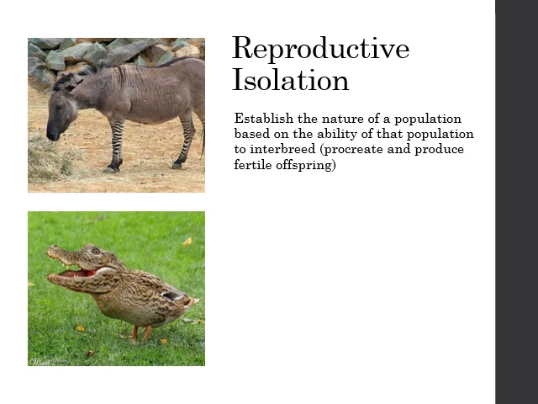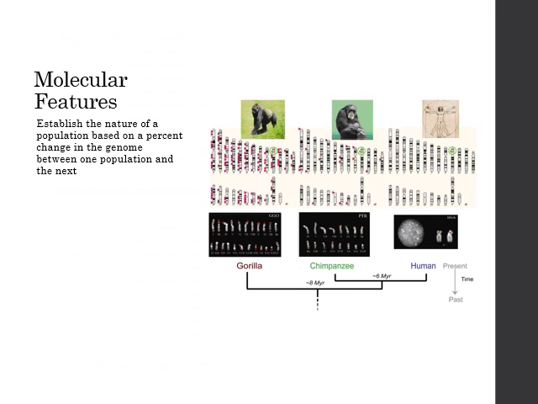A duck and a crocodile don't mate successfully. It's going to be messy. You take a duck, you take a crocodile, you put them together. What happens? Crocodile eats the duck. Even if they fell madly in love and tried to mate, they couldn't successfully do it. They are two separate species. You and a gorilla, you tried to mate, you could not do it. Physically, you probably could, but as far as viability goes, you could not produce offspring. So that's another way of separating out species, by reproductive success.